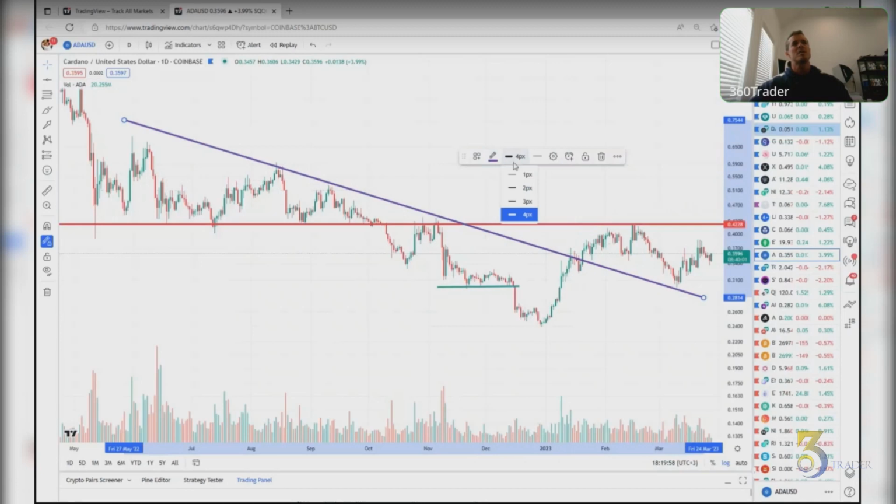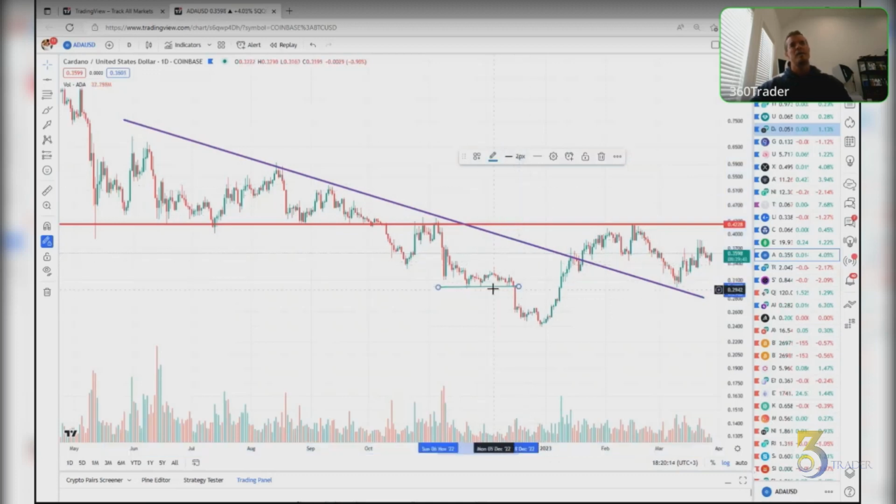And then you can also change the thickness. A lot of times for major levels, I'll use thick lines. So I'll go to the thickest. Why? Because it's major. For minor, you can say I'll use a 2. So I've got a thin one. You can see how I'm changing back and forth between these areas.